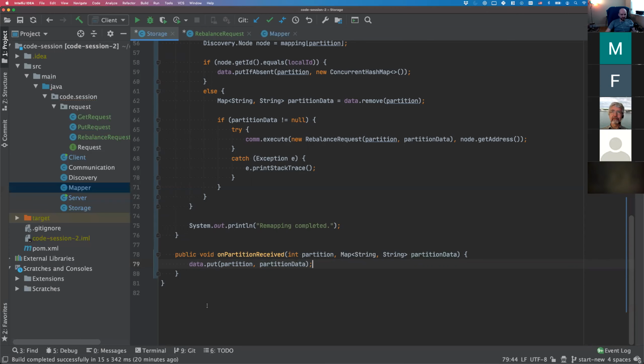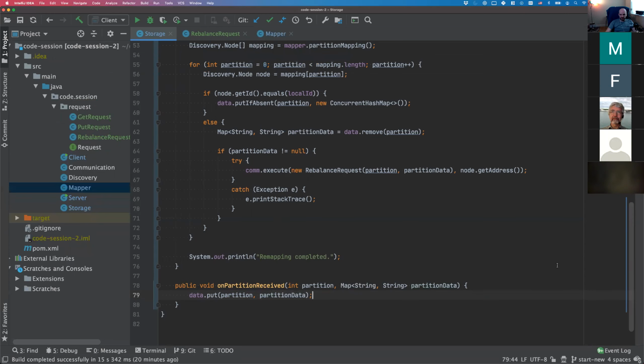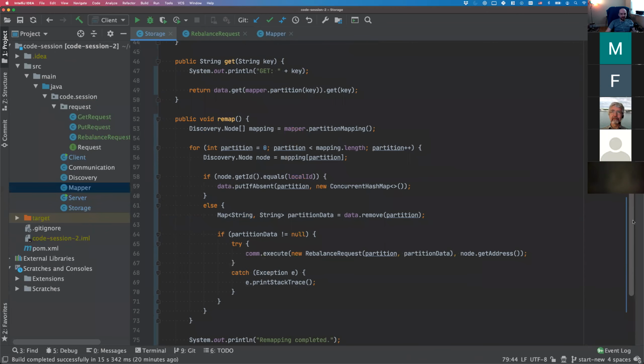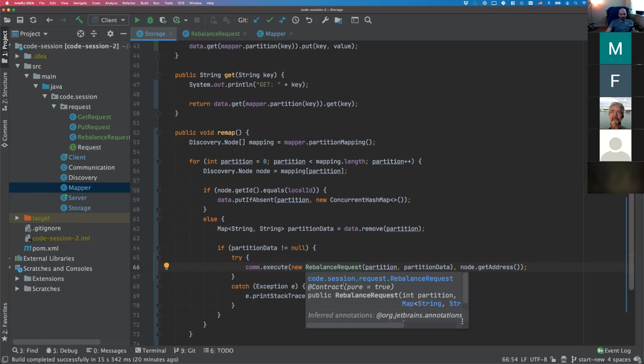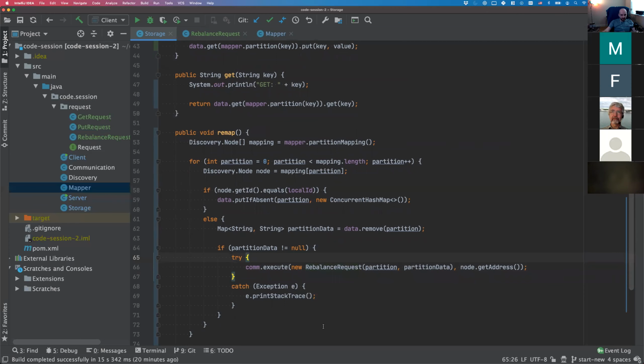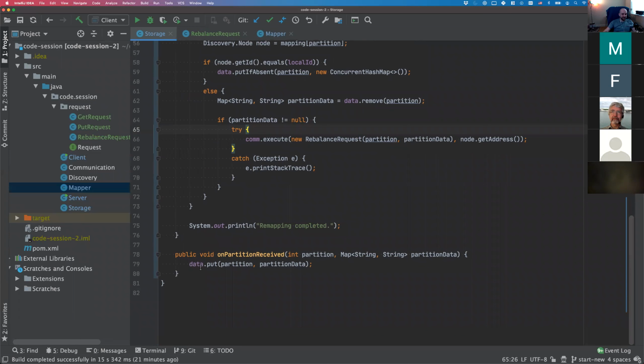All right. So that implements the whole logic, right? So again, whenever we invoke this remap method, we'll go through all the partitions. And for those partitions that have to be moved to other nodes, we'll send them through our communication layer using this new rebalancing request that we've just created. And whenever a rebalance request is received by another node, this onPartitionReceived method will be invoked and the data will be saved